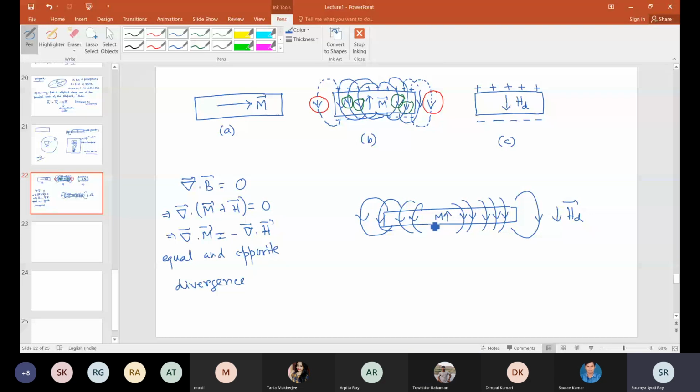See how we are getting M. We are applying a magnetic field, so these flux lines are basically going here. There are all moments that are aligned like this. This altogether sum is giving me this M. Similarly, whatever return flux lines are coming out from here, that gives me this HD.